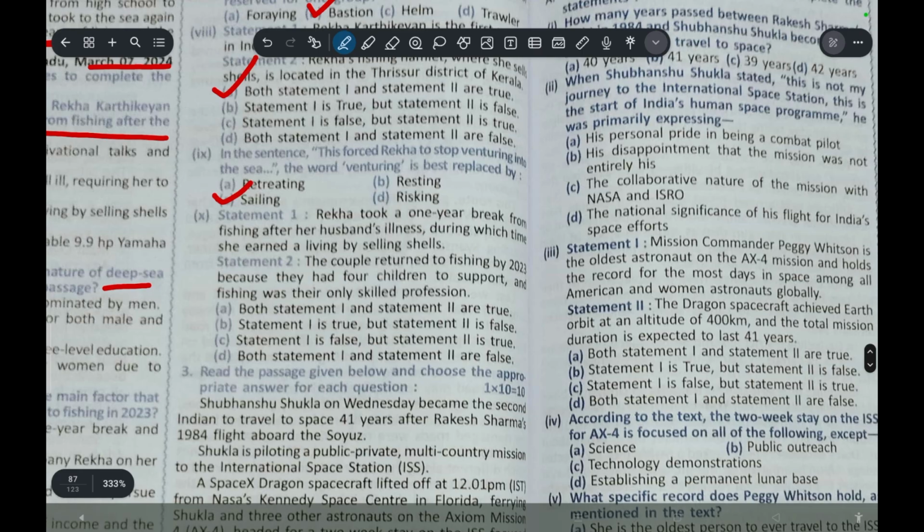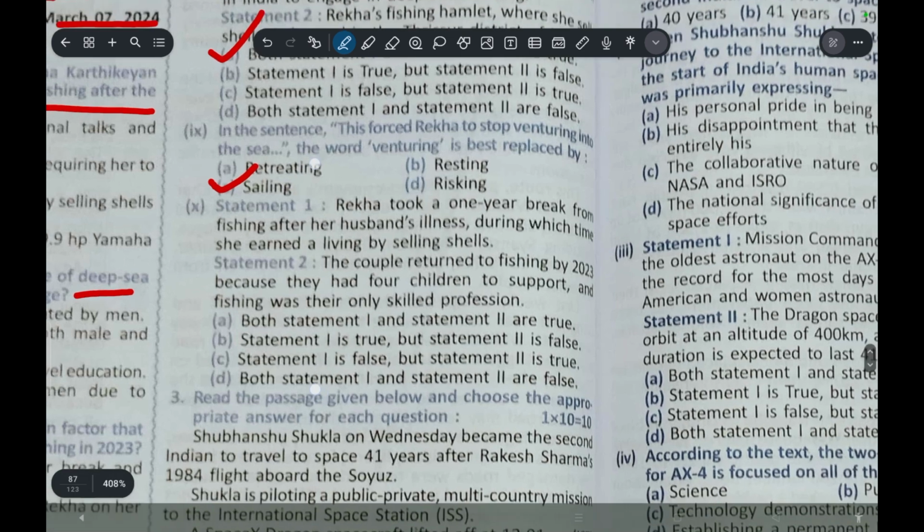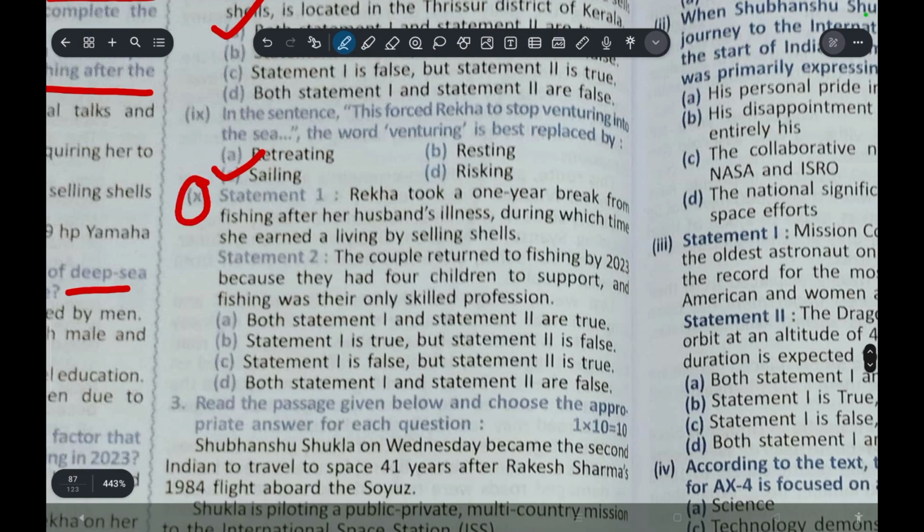The last question is Rekha took a 1 year break from fishing after her husband's illness, during which time she earned a living by selling shells. The couple returned to fishing by 2023 because of, okay. So that's the last question of our unseen passage. So I think you got it. How to approach, how to start, how to face grammar, and how to deal with the vocabulary part. The last question I wish you to do